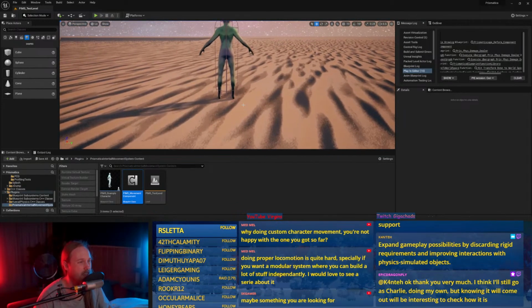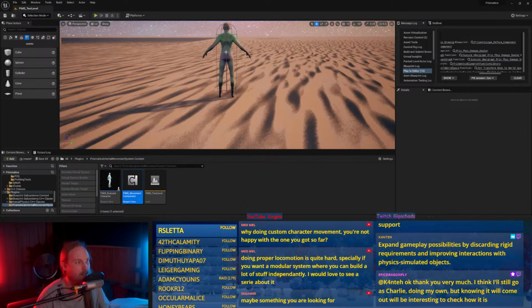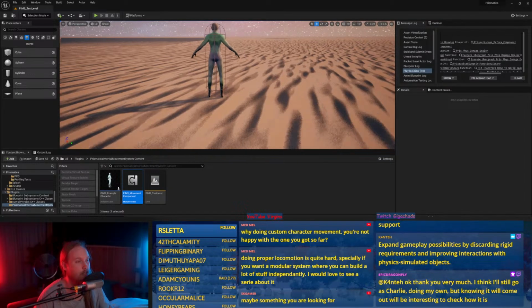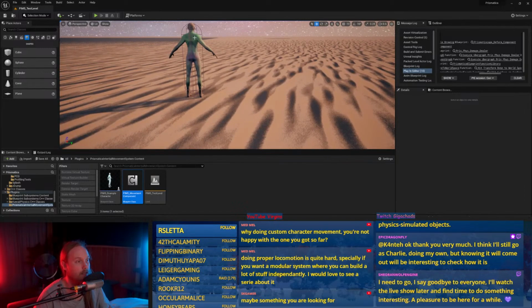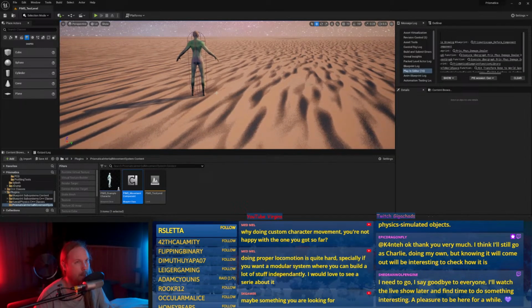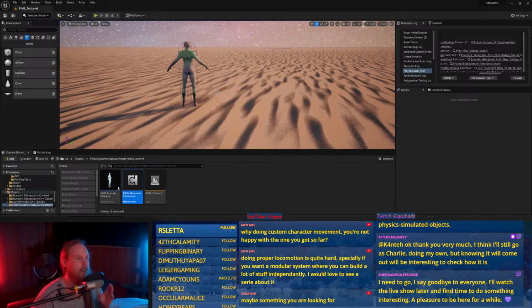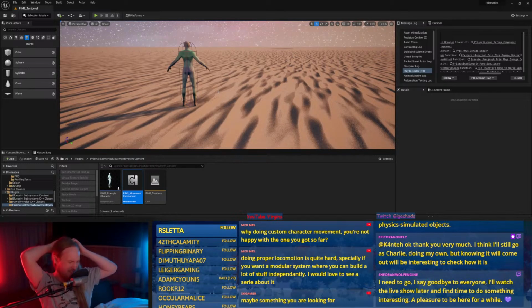Because then we could just say, we've got a capsule from the feet to the pelvis, and then a capsule from the pelvis to the head. And then we literally just move this constraint, and they try and maintain this form. That would be really interesting.